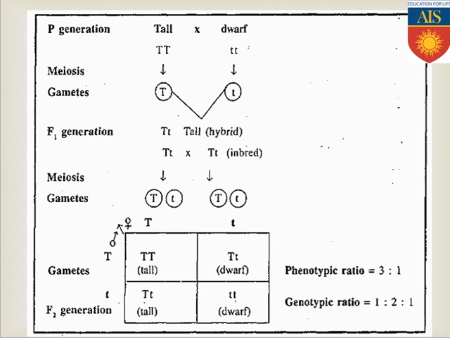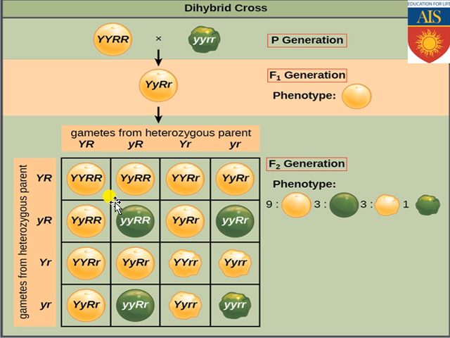Last, the law of independent assortment. For this law, we need to come to the dihybrid cross, because the law of independent assortment has been proposed based on the dihybrid cross. Based on which specific phase? After getting capital Y small y, capital R small r, that is the hybrid individual in the F1 generation.